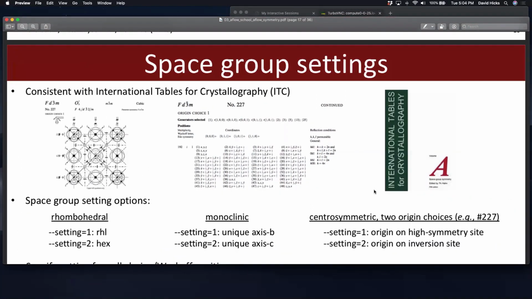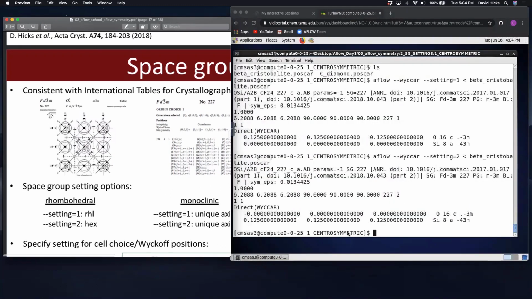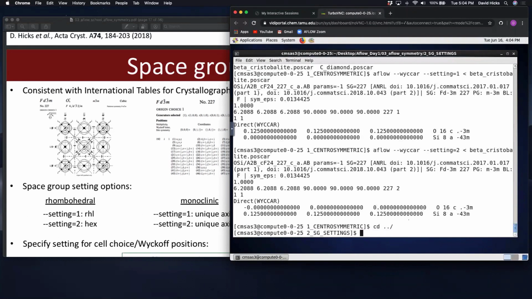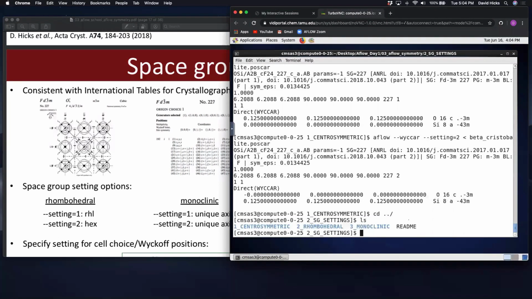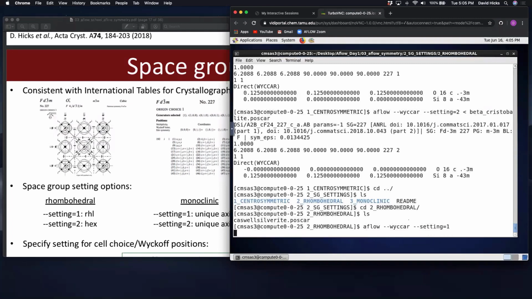Okay, so that was centrosymmetric space groups, and we can do the same thing for rhombohedral and monoclinic. So let's go ahead and do that. So cd, let's go to the rhombohedral directory now. ls. We're going to do the same command. So aflow --poscar --setting=1. So for rhombohedral space groups,